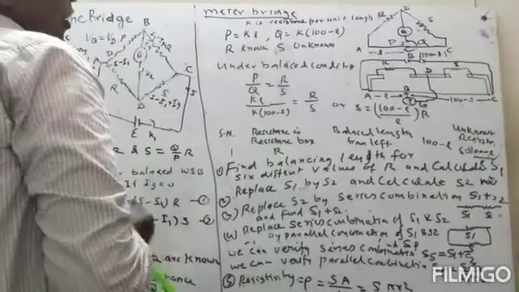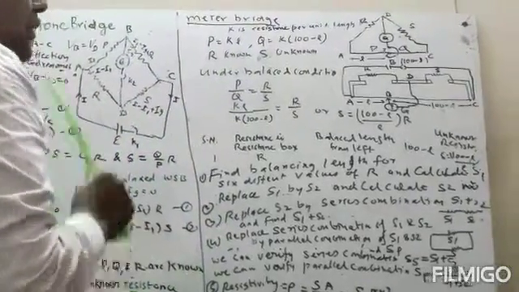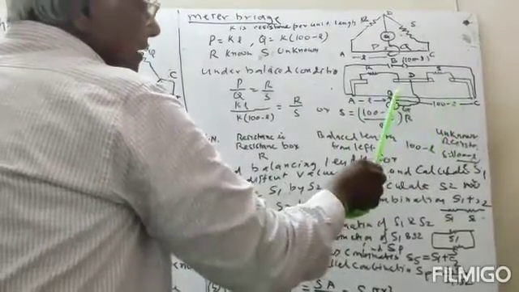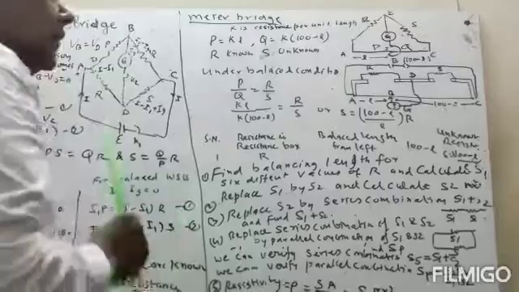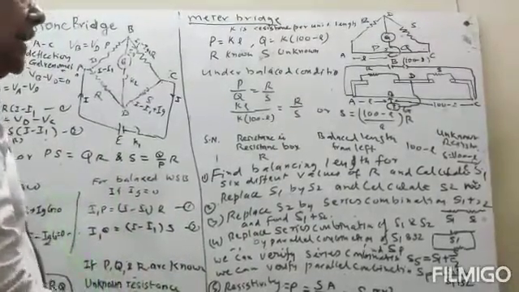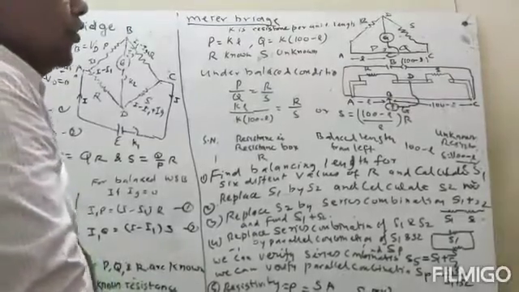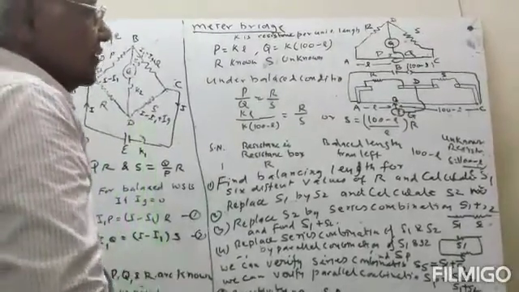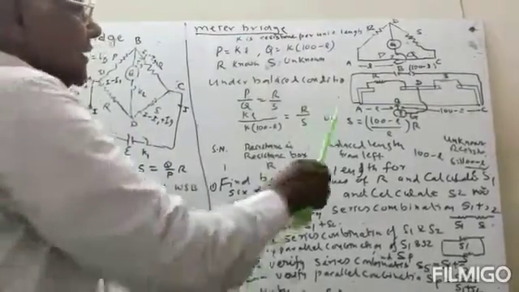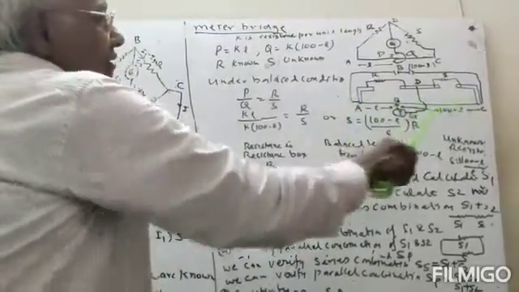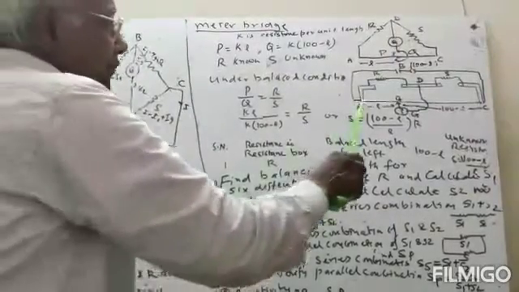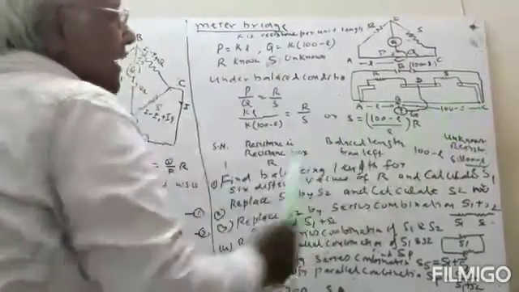So now why is it called the meter bridge? It is called the meter bridge because the length of the wire is 1 meter. The wire of the meter bridge is of either manganin or constantan because their resistivity is high and the temperature coefficient is low. So if there is a change in temperature, the change in resistance will be small. So here we will take a wire 1 meter long, constantan or manganin wire, and a meter scale is placed here to measure the length.